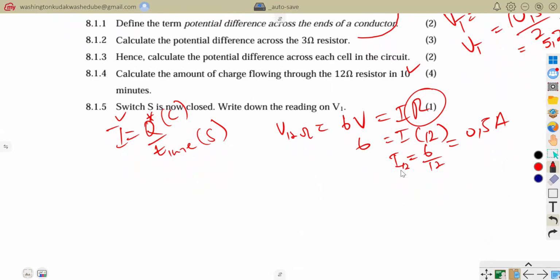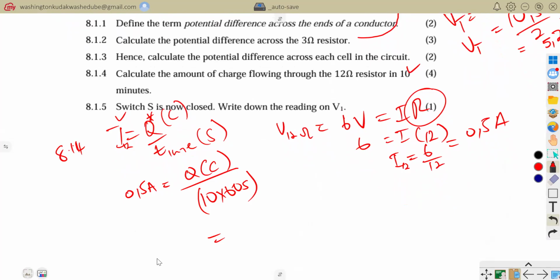The 12 ohm resistor. Now I can find the charge passing through the 12 ohm resistor. This is 1.8.14. So now I'm saying 0.5 amps is equal to the charge that I'm looking for in coulombs divided by the time, which is 10 minutes times 60 seconds, because it has to be in seconds. So my charge is simply going to be, I cross multiply, 0.5 times 10